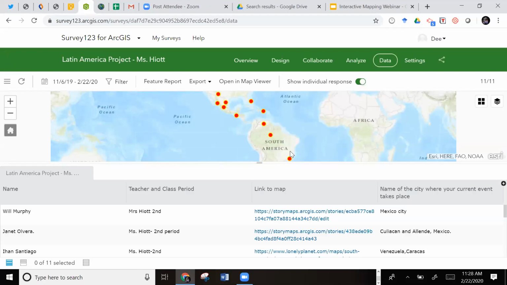So all the students, when they're presenting, can see, oh, okay, we're learning about Latin America, and this is my dot, this is the research that I did, but look at what everyone else around me did. And when you're presenting and learning from each other, they can see where that current event took place. It just offers a visual, but also gives them a student voice, to let them know that, hey, this is my responsibility to share about this part of Latin America that I did. So yeah, another one that I wanted to show you is